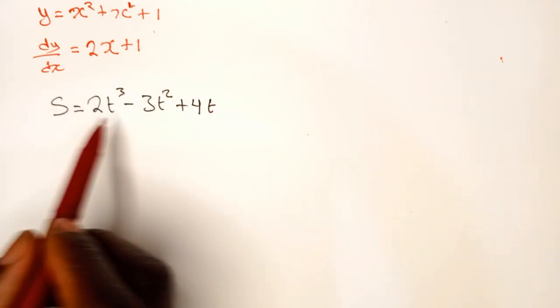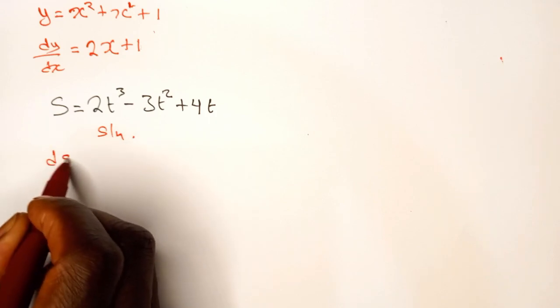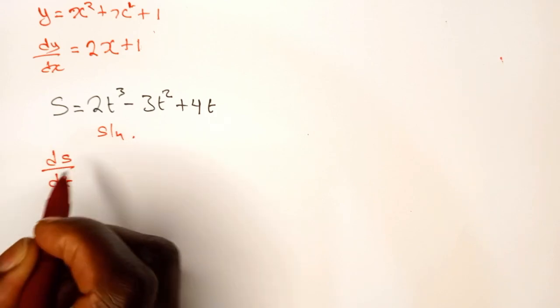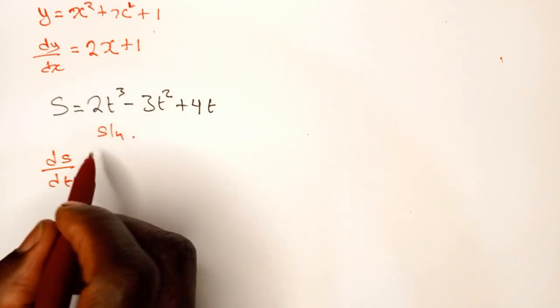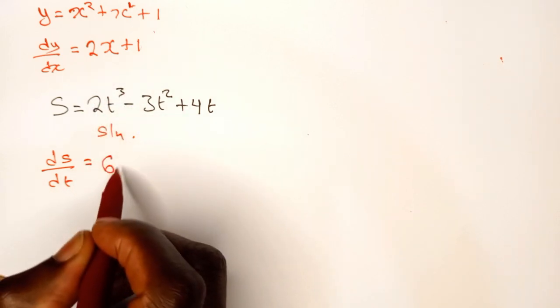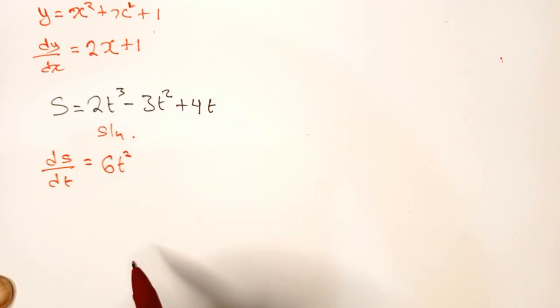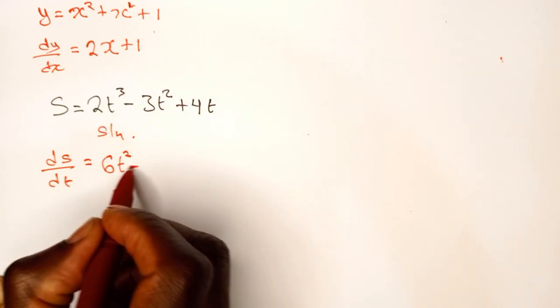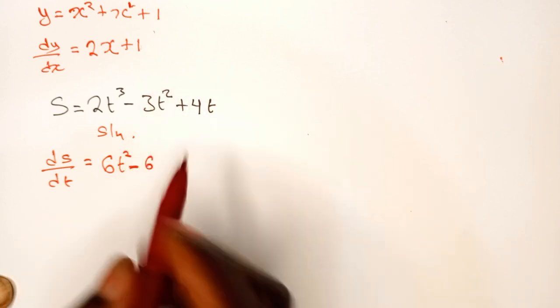So we have s and t. So the solution will say ds/dt is equal to 3 times 2, which is 6. And then t, we minus 1 from here, you get t squared, minus 3 times 2, which is 6. You minus 1 from 2, you get t,